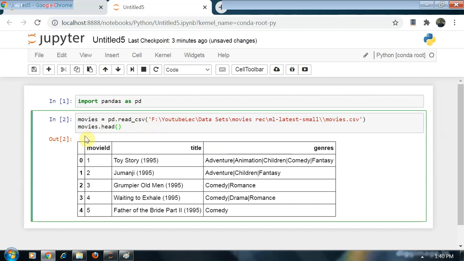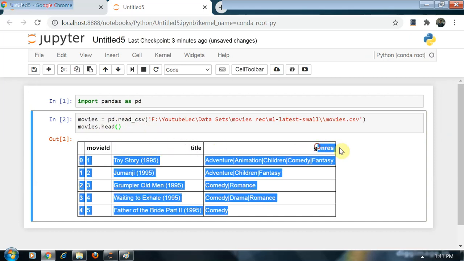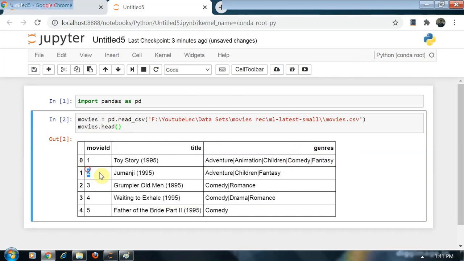You can look, this is our data frame where I have the movie ID, title and genres. I only want to use the movie ID and title in our model. We have no use of the genres, so I will only use